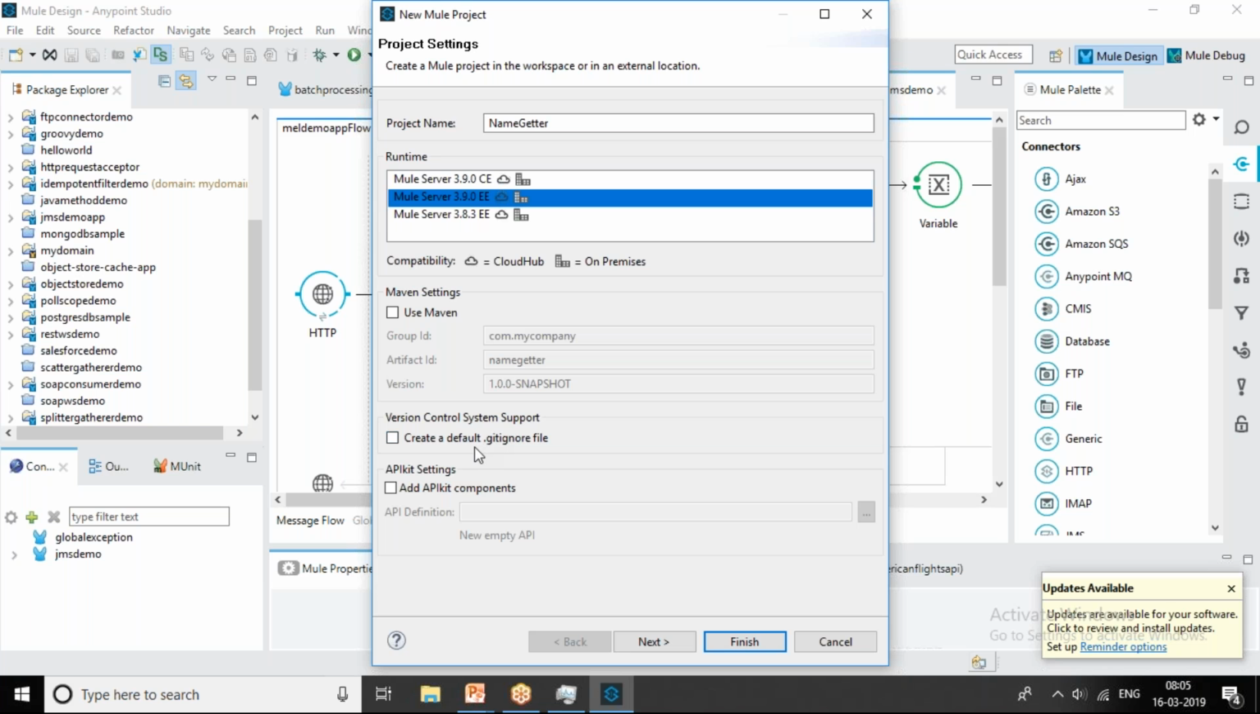Git ignore is for version control of that Mule project, after putting it into a Git repository. You need a git ignore file to ignore certain files from version control. Then API kit settings. I will explain it. It basically creates the skeleton of the API using the API kit component. If I check API kit settings, it will expect an API definition. API definition means